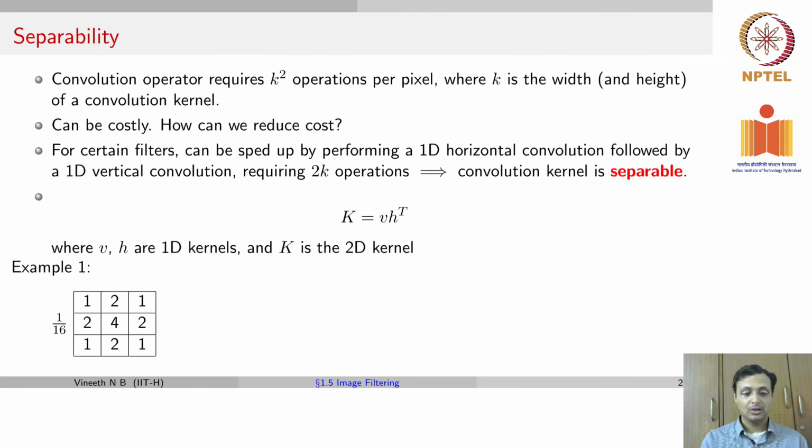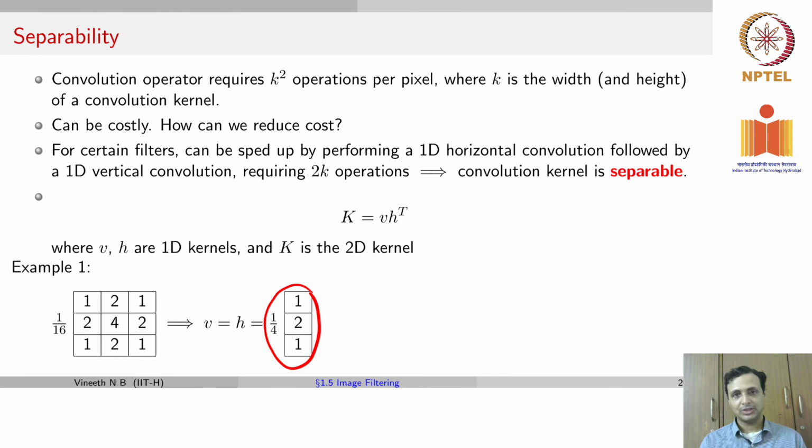Here is an example. If you have a 2D kernel which is given by this, do you recall this kernel? This was called the Gaussian kernel. We saw it a few slides back. You can write this as an outer product of v and h, where both are equal and can be given by 1 by 4, 1, 2, 1. So then what you do is you simply take this kernel, do a convolution in one dimension, take the transpose of it, and do a one-dimensional convolution in the other dimension, rows and columns.